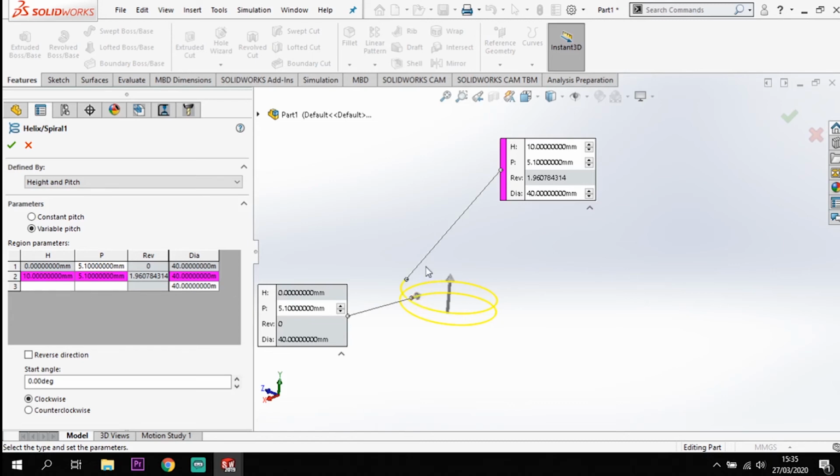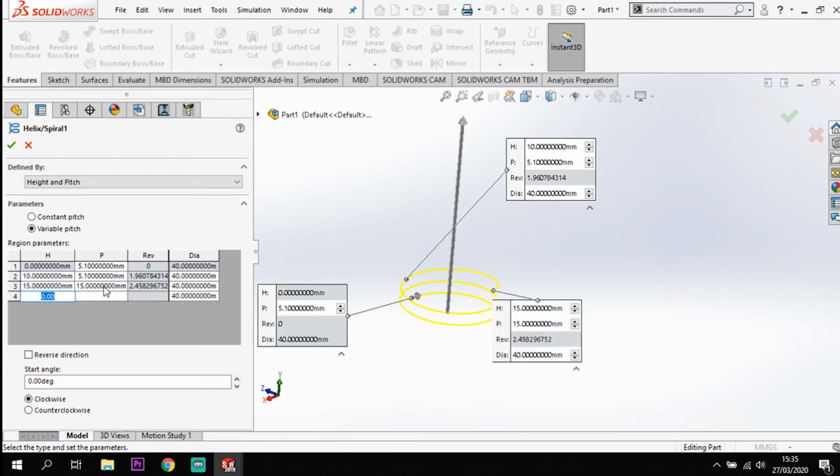So I want to go up again, and I want to go up another 5 millimeters. So that means I'm going to go up to 15. And I want my pitch over that 5 millimeters to change from 5.1 to 15. Now I put 15 in just for the fact that it is 3 times the thickness or the distance of my diameter of my spring. Now that's not a precise working measurement or anything, that's just something that I like to use as a nice